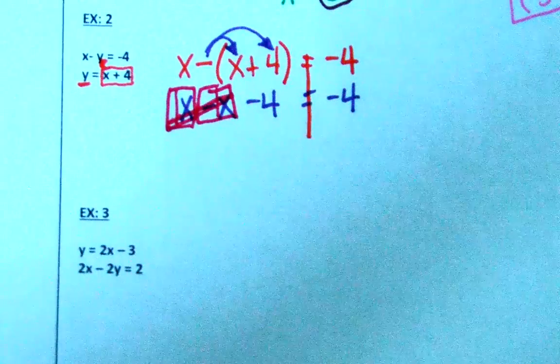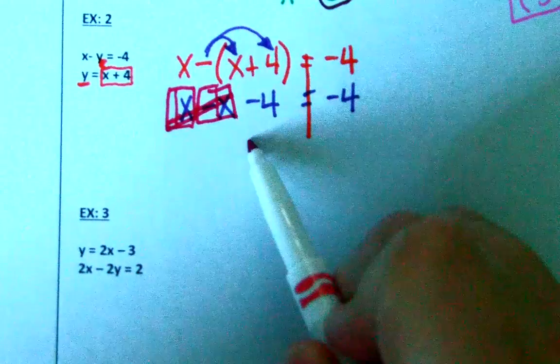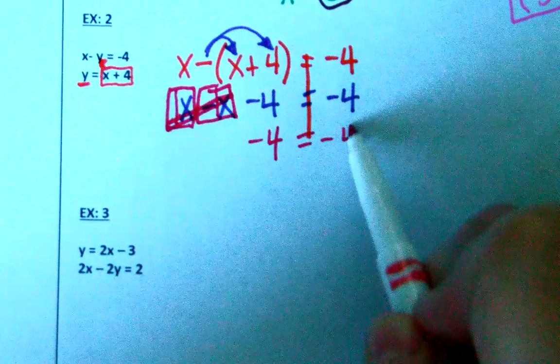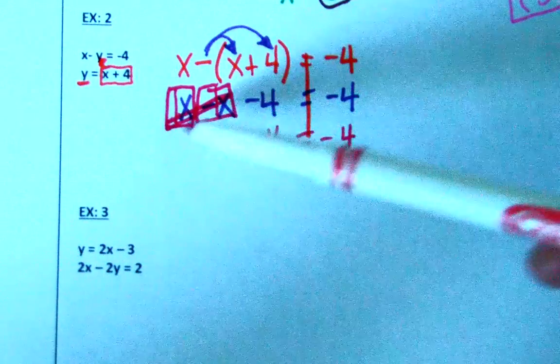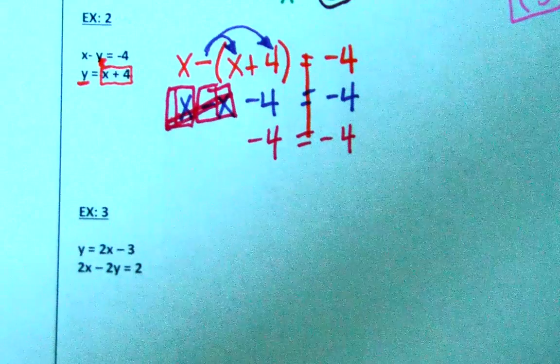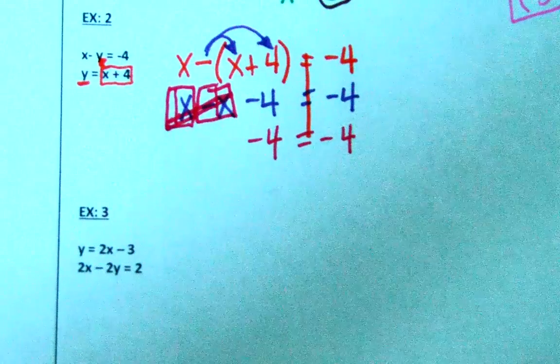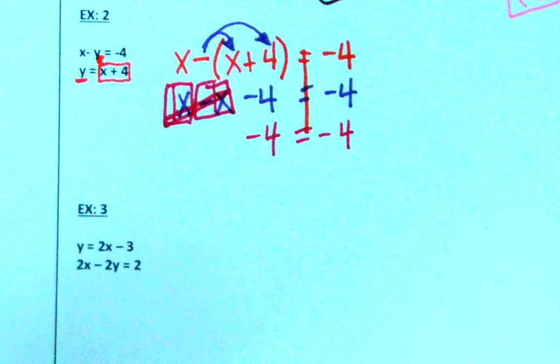So I no longer have an x. So I'm just left with -4 equals -4. Since I eliminated my variable, it is gone. I can't go any further. That's where I stop. And since these two numbers equal each other,